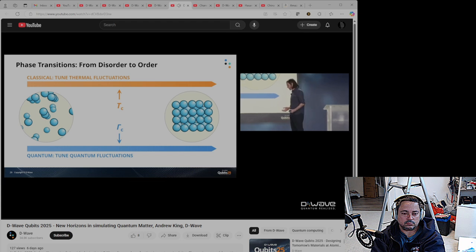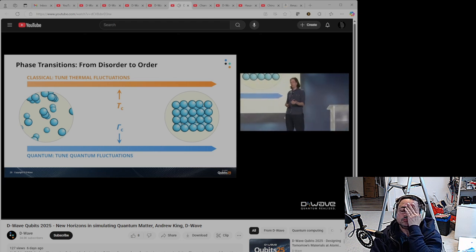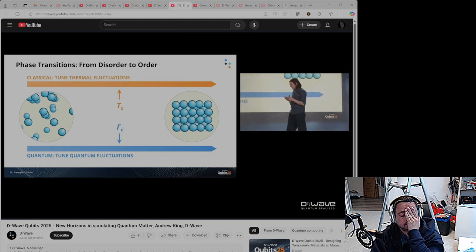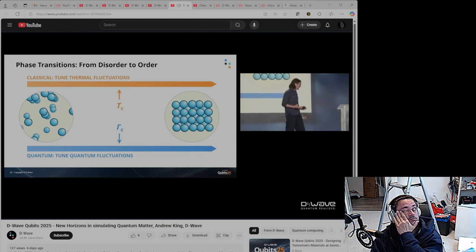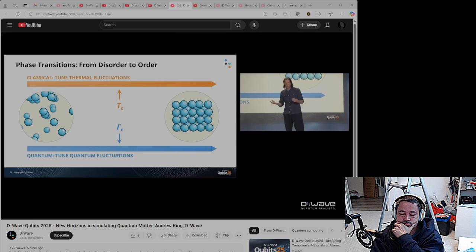So all the simulations I'm going to talk about are related to phase transitions. We've heard a couple of times the example of water freezing into ice at a critical temperature, Tc. And if we can see a certain crystal structure forming in that ice, that's because of the dynamics of the phase transition. So that's what we're going to be simulating. Now, we don't just need to have a changing temperature for a phase transition. We could also have different phase transitions, and we can have phase transitions at absolute zero. This is called a quantum phase transition, and it comes about when changing another parameter other than temperature.